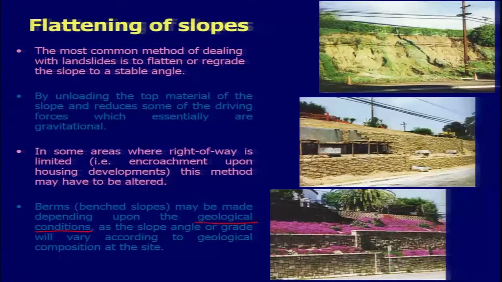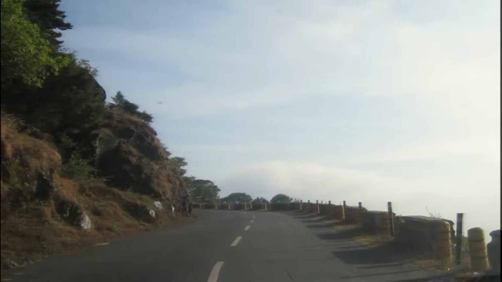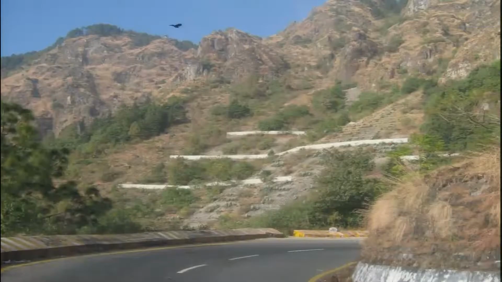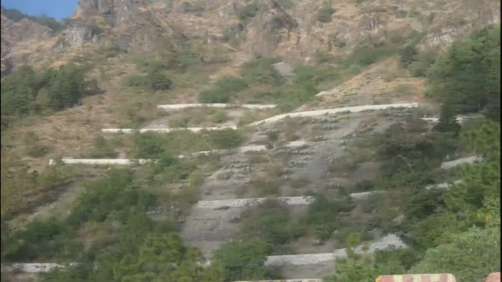This is one of the best ways one can minimize the mass movement. Example from Uttarakhand. This is the picture which was taken while moving to Nainital. Most of the places are marked by active landslides. A similar thing has been done. Some slope angle has been reduced, as well as protected by putting retaining walls. Close up of that,